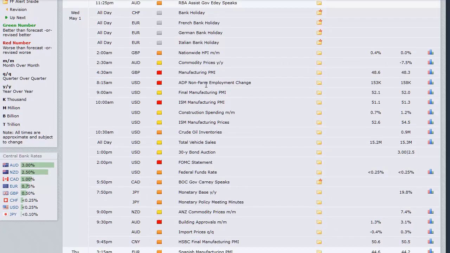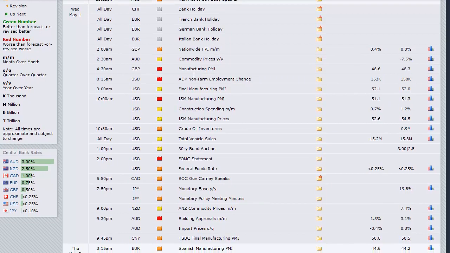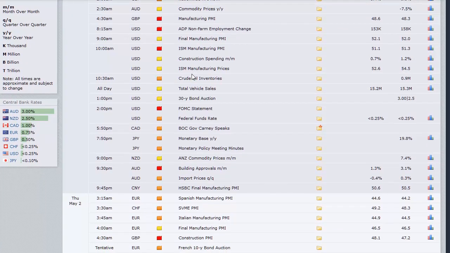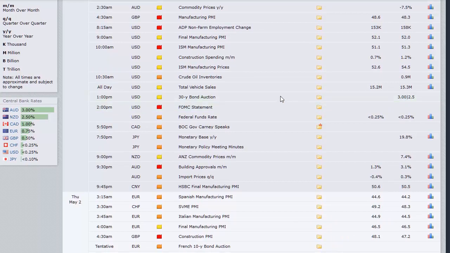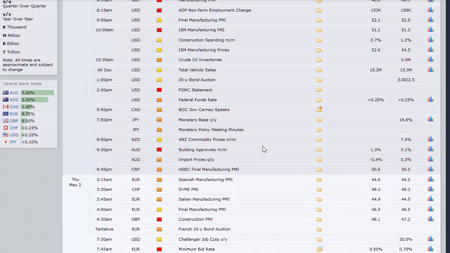Switzerland, France, Germany, and Italy all on bank holiday for Wednesday. Nationwide HPI out of the UK, commodity prices out of Australia, manufacturing PMI out of the UK. US has its usual non-farm employment change Wednesday morning. Manufacturing and services PMI, ISM PMI, construction spending here in the US, the crude oil inventories, vehicle sales in the